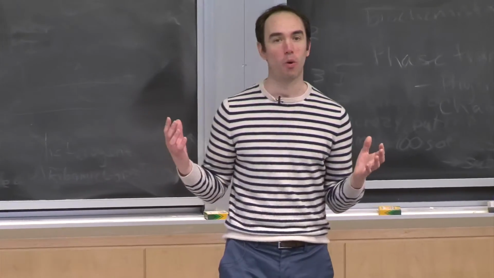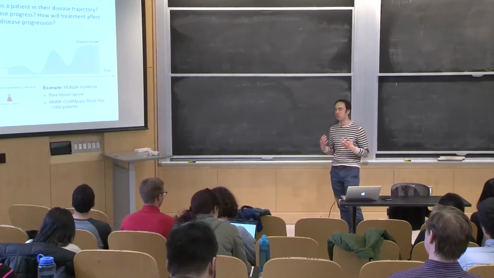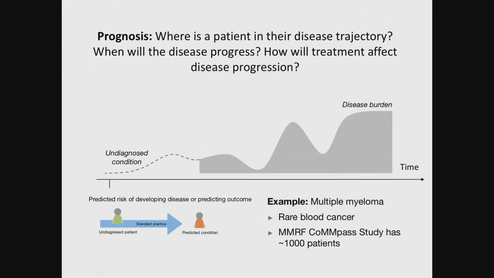So there's three types of questions that we hope to answer when studying disease progression modeling. At a high level, I want you to think about this type of picture and have this in the back of your heads throughout today and Tuesday's lecture. What you're seeing here is a single patient's disease trajectory across time. On the x-axis is time. On the y-axis is some measure of disease burden. So for example, you could think about that y-axis as summarizing the amount of symptoms that a patient is reporting, or the amount of pain medication that they're taking, or some measure of what's going on with